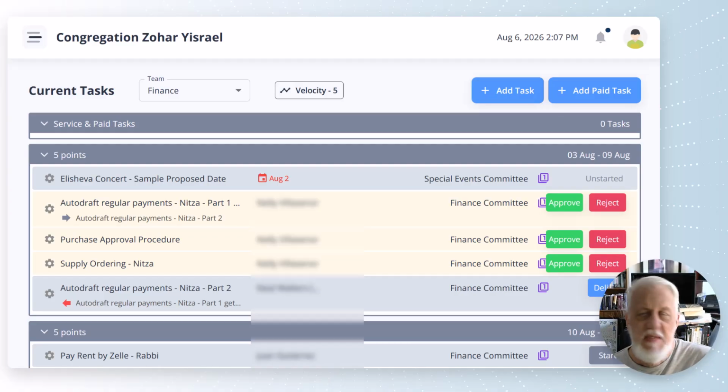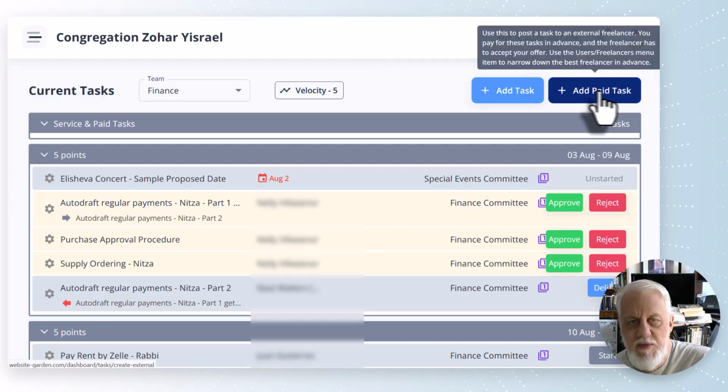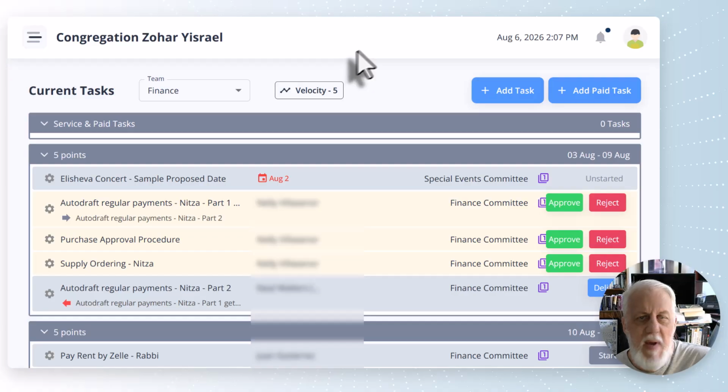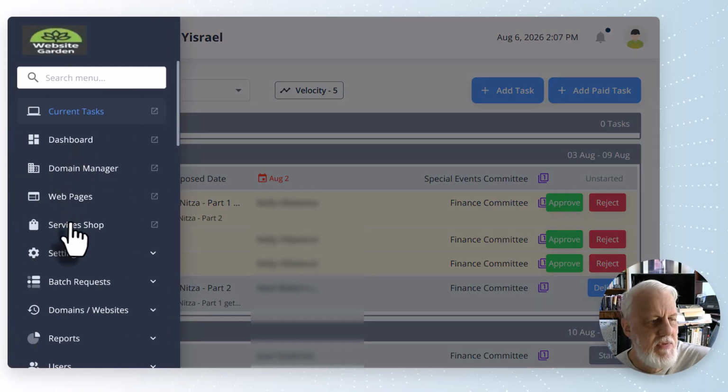So basically, that's it. That's how Teams work inside of website-garden.com, our project tracking system. And of course, we're not just a project tracking system. We also allow you to do calendar appointments for sales meetings. We also have, you can hire paid workers to do tasks for you. You can buy services that are pre-canned out there, like if you go over here to our service shop,